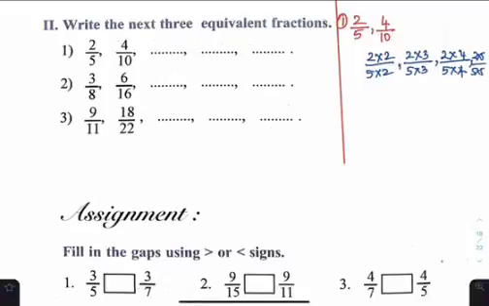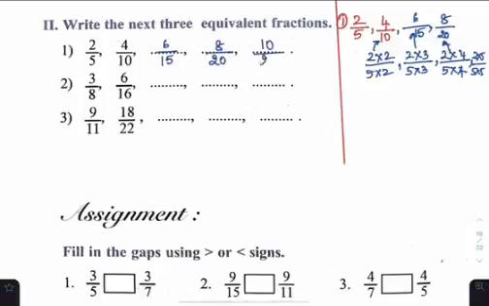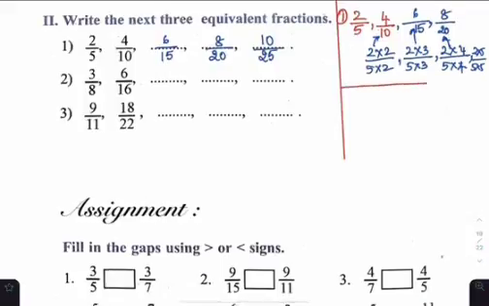Okay, children? See, if you observe, 2 into 2 is what you have got here. So similarly, for this, you need to get it as 2 into 3 is 6 divided by 15. 8 divided by 20. Now for the last one, 10 divided by 25. I hope all of you have understood. Now similarly for the second one,